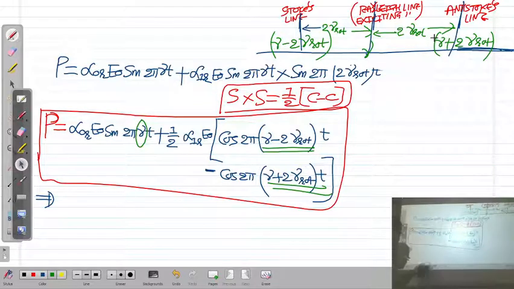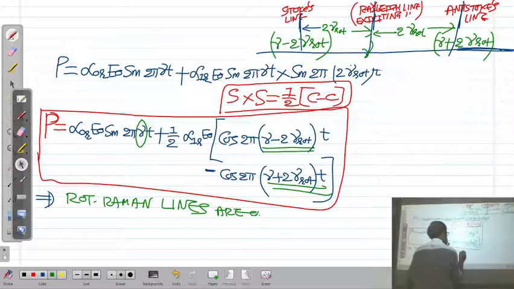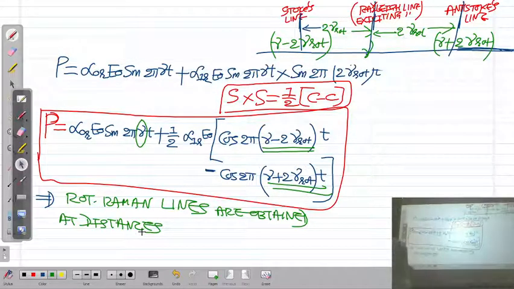So we mention here: the rotational Raman lines are obtained at distances 2 nu rho